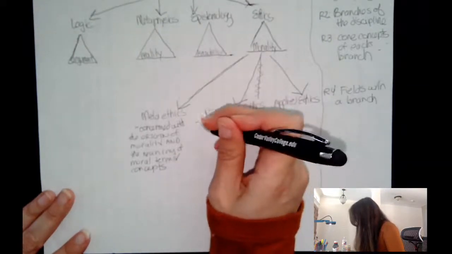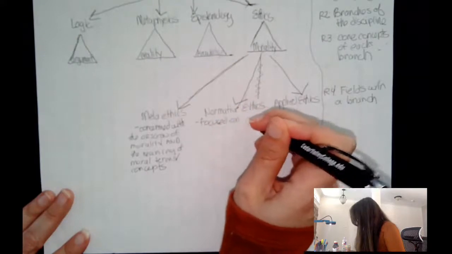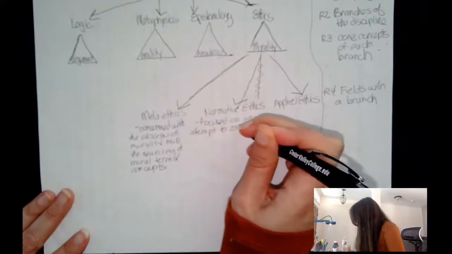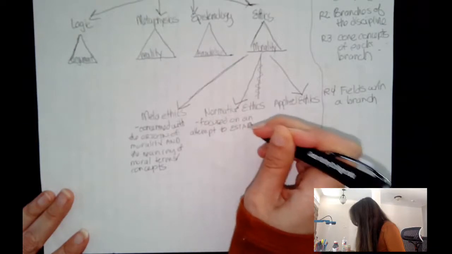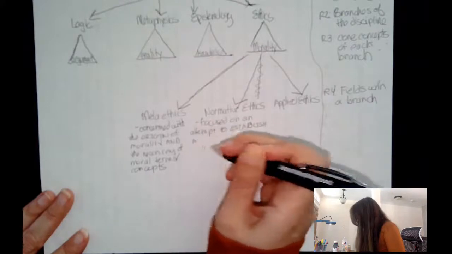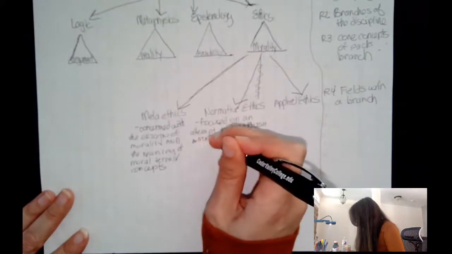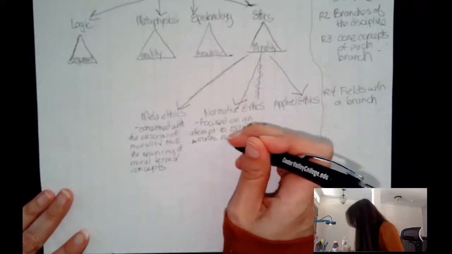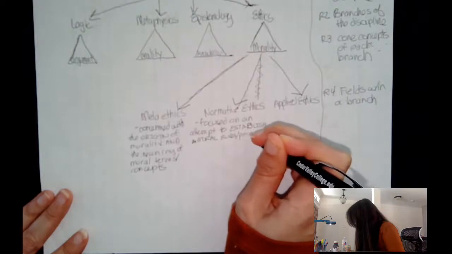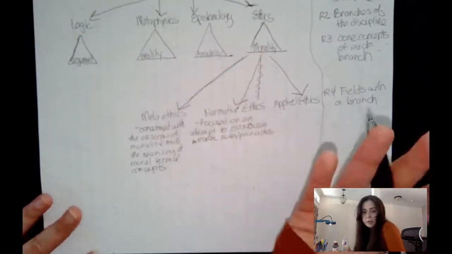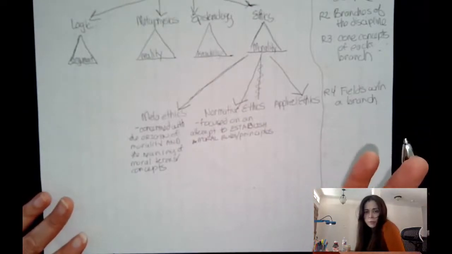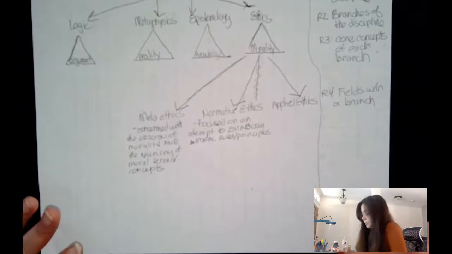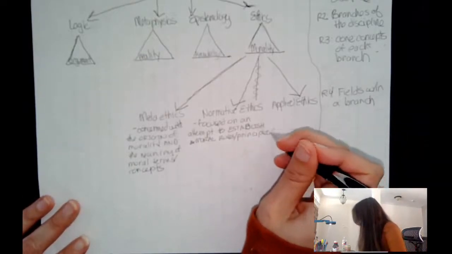Normative ethics is focused on an attempt to establish a moral rules / principles. Sometimes they're focused or they discover only one moral rule or principle that we can apply to lots of different things, or they focus on establishing or claim to have established that there are a set of moral rules that they have discovered. So establish moral rules, principles, or values